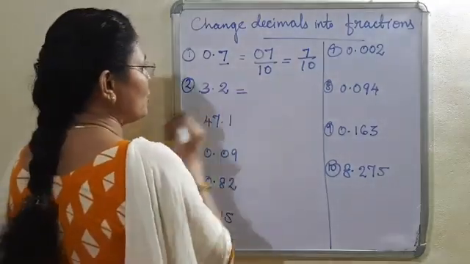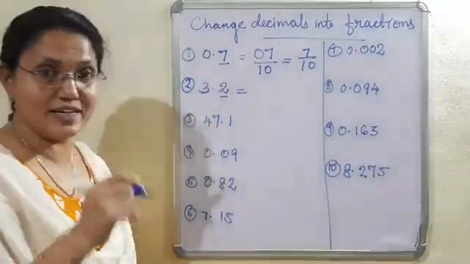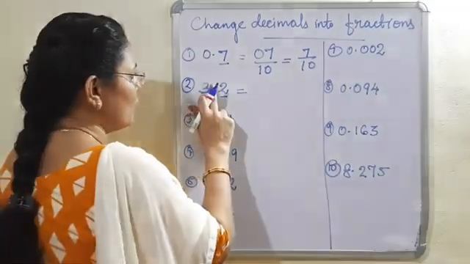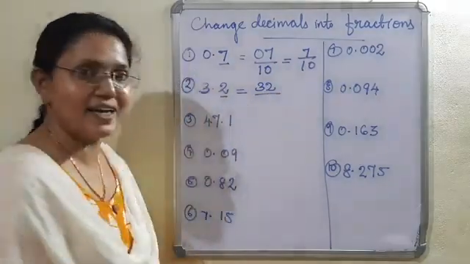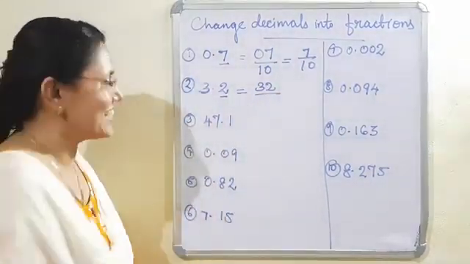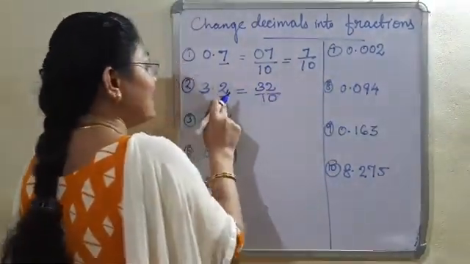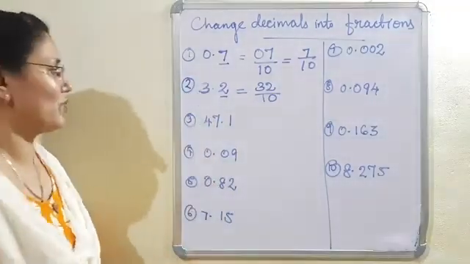Next 3.2. Here also 1 decimal place is there. First I am removing the decimal point. That time the number is what? 32. By denominator is 10. Why it is 10 here? There is only 1 decimal place, that is why. Next